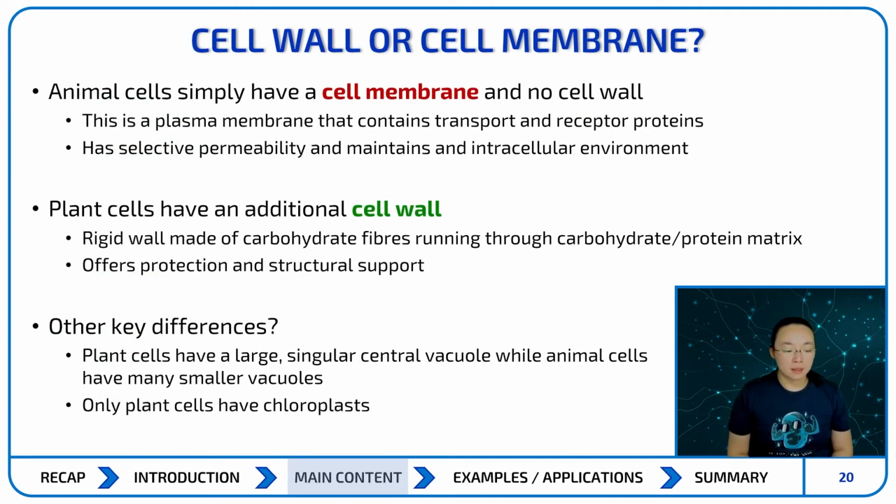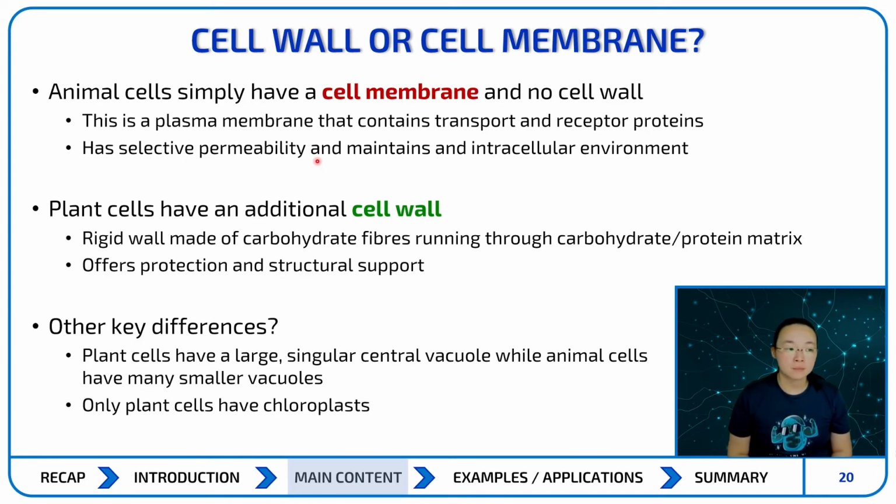So hopefully through those few organelles and a few slides, you can understand the main differences between plant and animal cells. But the last thing I want to touch on is the cell wall or the cell membrane. Animal cells are simply going to have a cell membrane, but no cell wall. Essentially, it's a plasma membrane. It will consist of transport and receptor proteins. And that cell membrane, very important to remember that cell membranes have selective permeability to allow you to maintain an